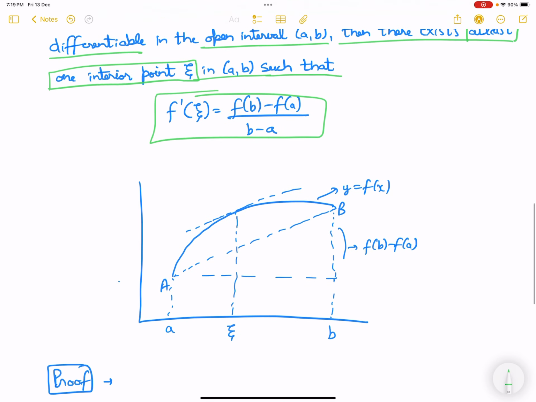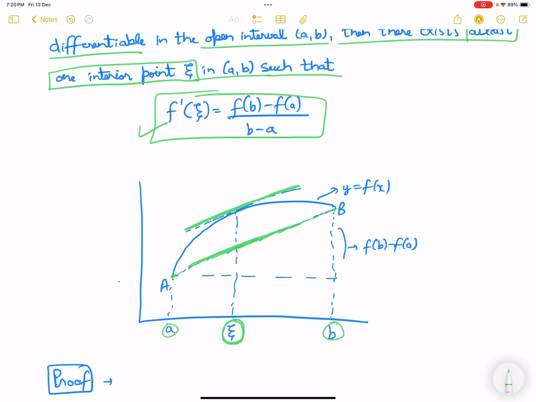have a function like this, then from a to b, so if we join a line, the interval is from a to b, and then the theorem states that there would exist a point, at least one point epsilon, for which the slope of this line joining these 2 points and the slope of the tangent should be equal. That is, f dash epsilon should be equal to f of b minus f of a upon b minus